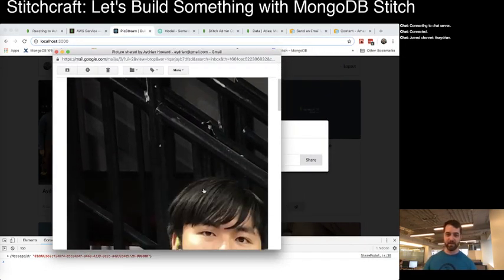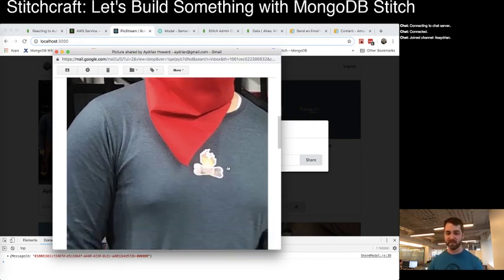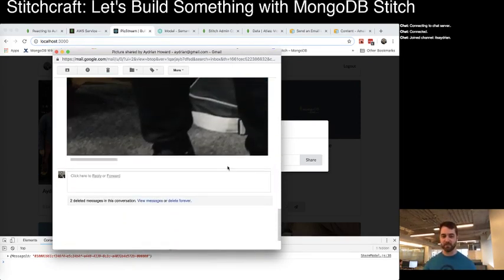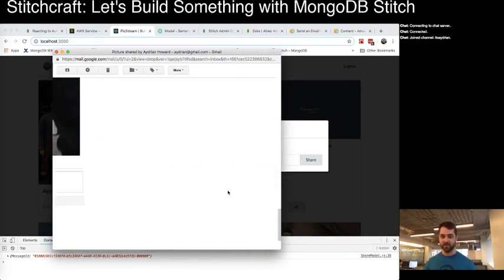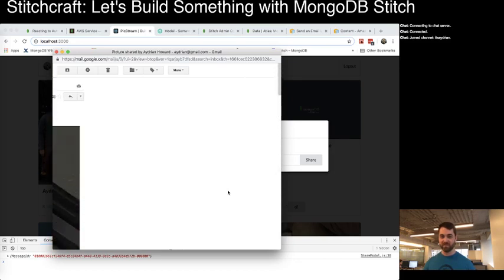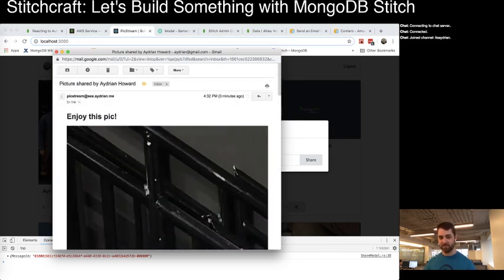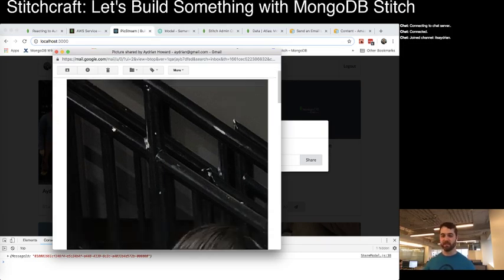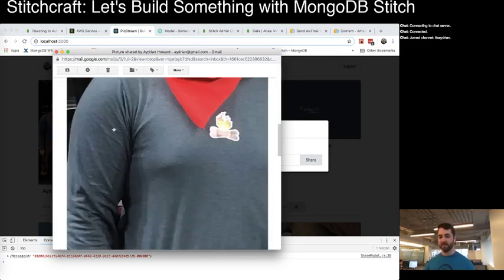And eureka. Look at this. It's really big because it's coming in the full size of the image. Bigger than we wanted, but success. So we've got our header message. We're saying, enjoy this pic. We've included the pic. And then it's really up to formatting the email. So that's like a whole different animal